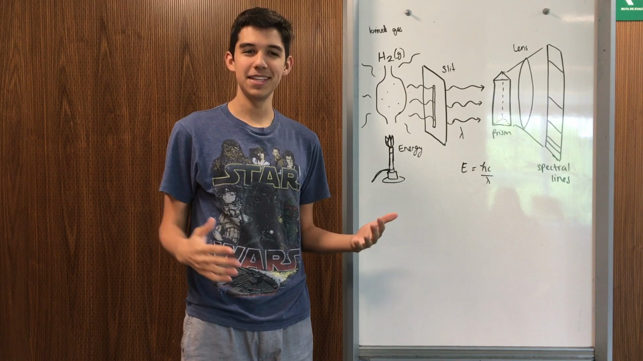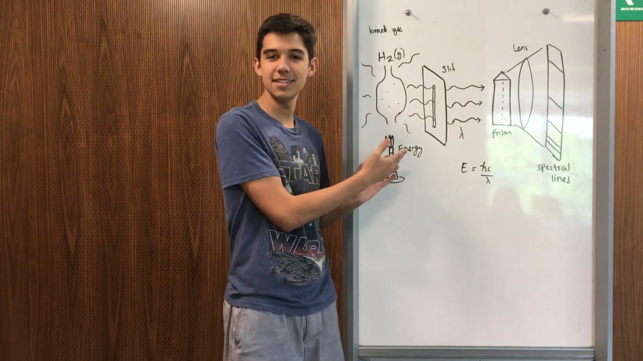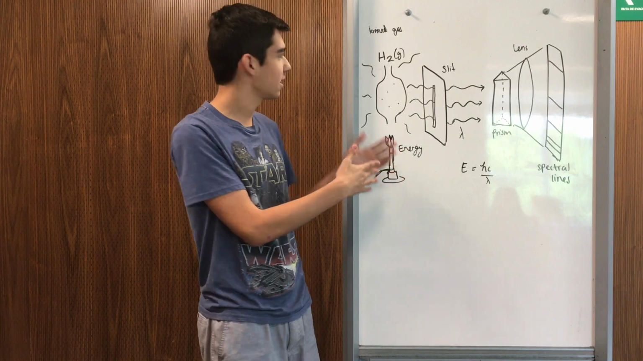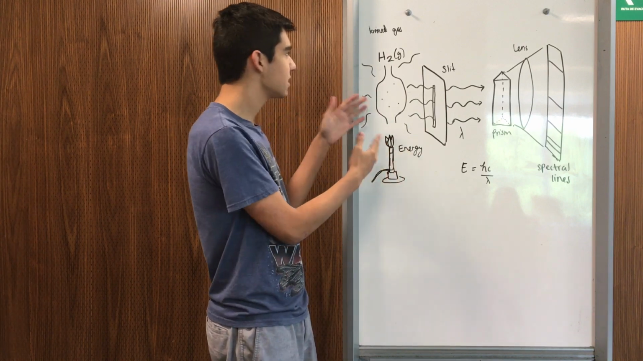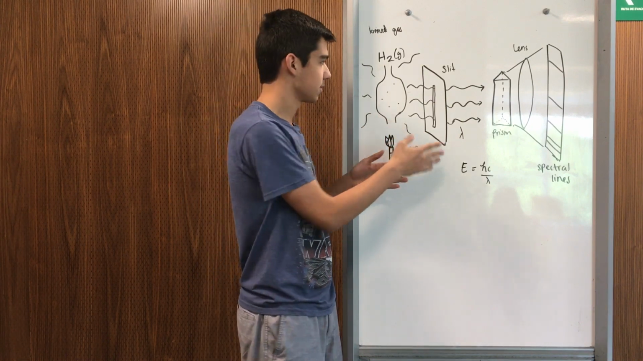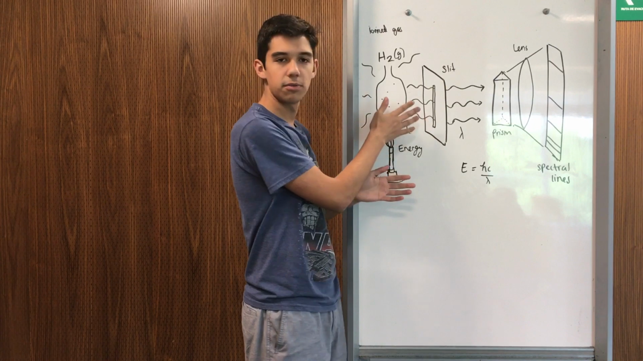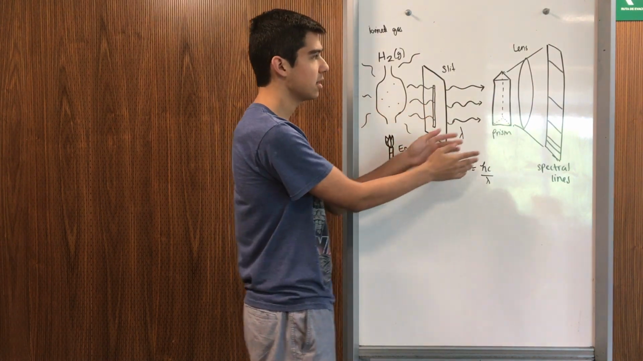Now we will explain the general setup of a spectrometer. First, we need a gas that is ionized. That means that it has energy that can be acquired by heat or other means. This gas is going to be emitting radiation as photons. The radiation is going to pass through a slit and into a prism that disperses the radiation and through a